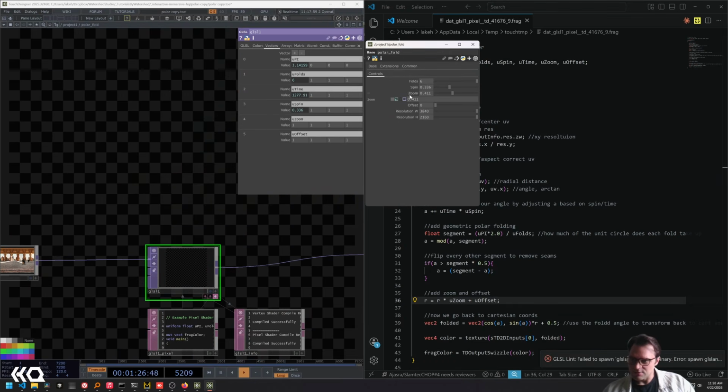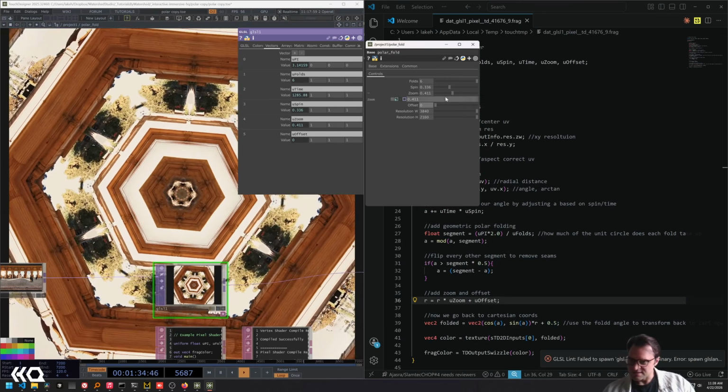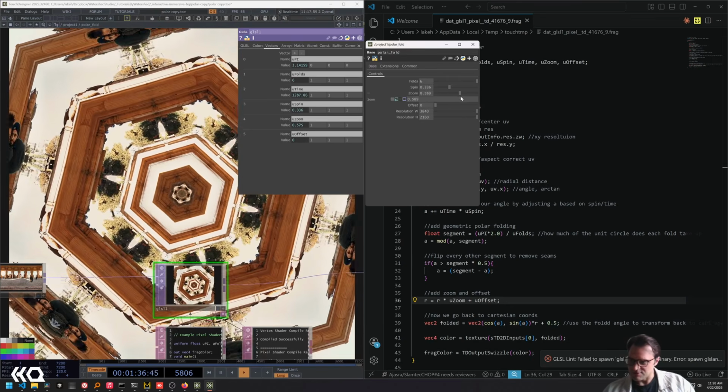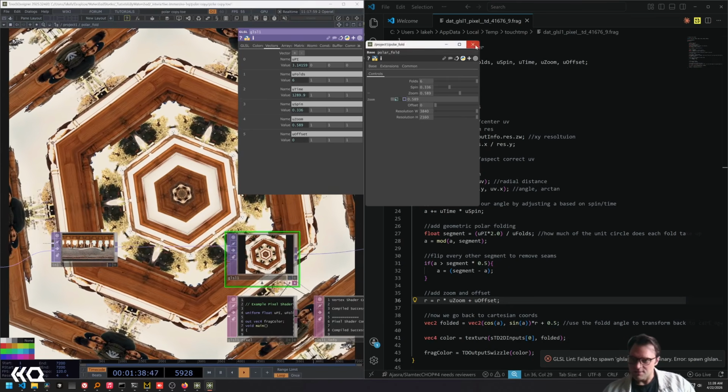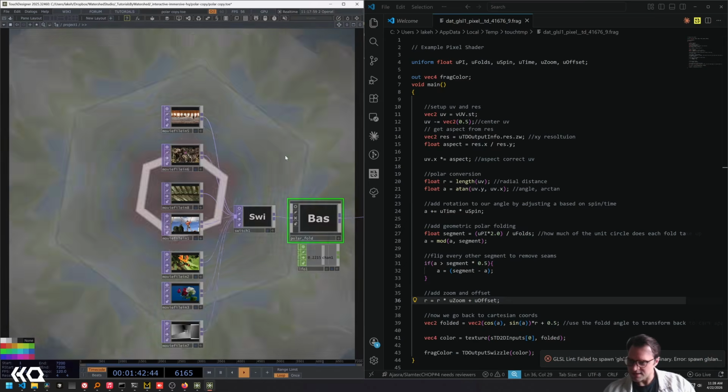And then we'll go back and we'll associate this parameter and this parameter. And so now we have exactly that effect that we had at the beginning. We've now recreated it. And if I go back,